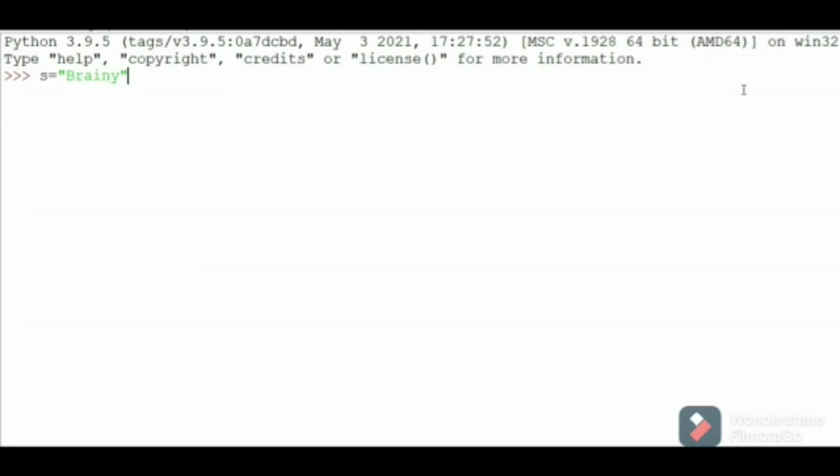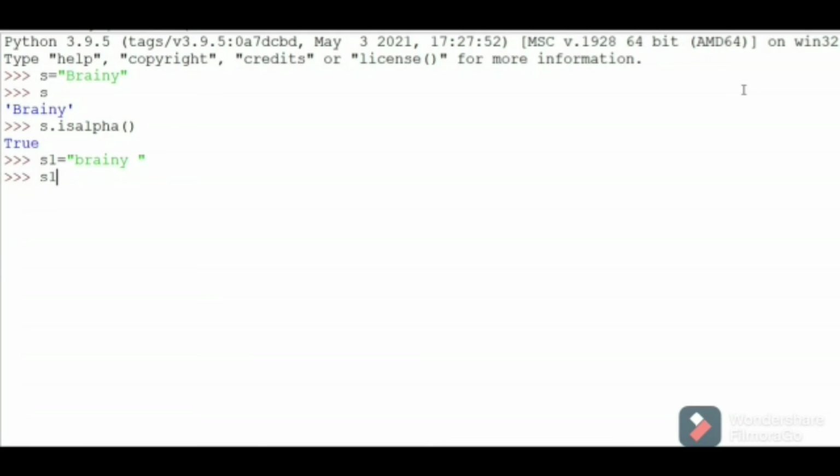For isalpha, I am considering a string s with the value "brainy". Let me print the string s. Now s dot isalpha. Here there is no need of passing parameters. isalpha returns true if the string contains only letters, else it returns false. Here the string contains only letters, so it returns true. Now a string s1 with "brainy" and other characters.